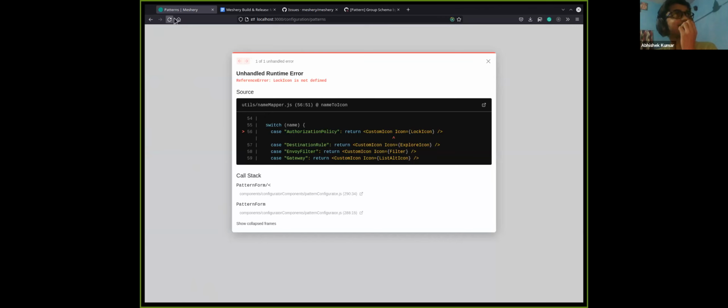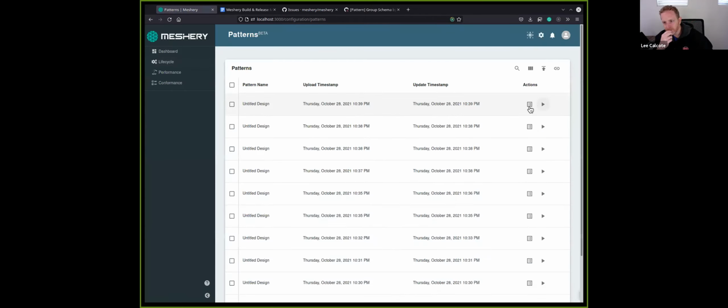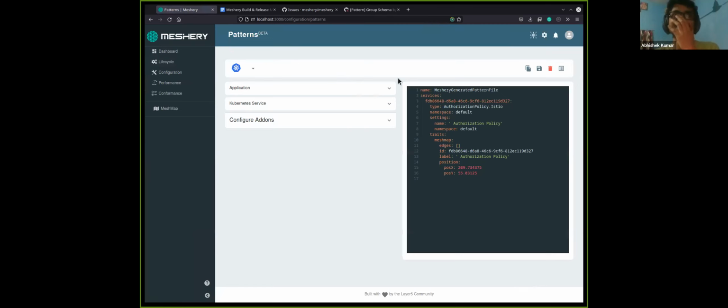Sorry to do this once again. It just doesn't work in the first go. So giving it a context, this is how it will look. There will be a toolbar and a list of options that will contain all the options, for example, applications and Kubernetes services.